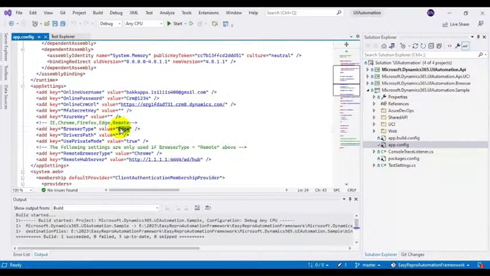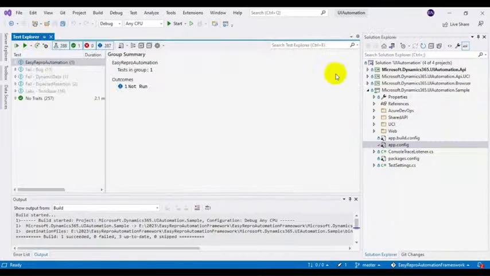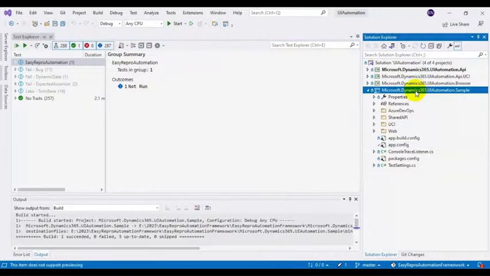In my case, as I said earlier, I have fixed a couple of things with respect to the browsers. As of now, I'm executing my script on the Edge browser, so that's the reason I have specified Edge. And if you want to execute your script on the Chrome browser, you can specify Chrome. So that's it. Simply close this one, and in this same Microsoft.Dynamics365.UI.Automation.Sample project, go to